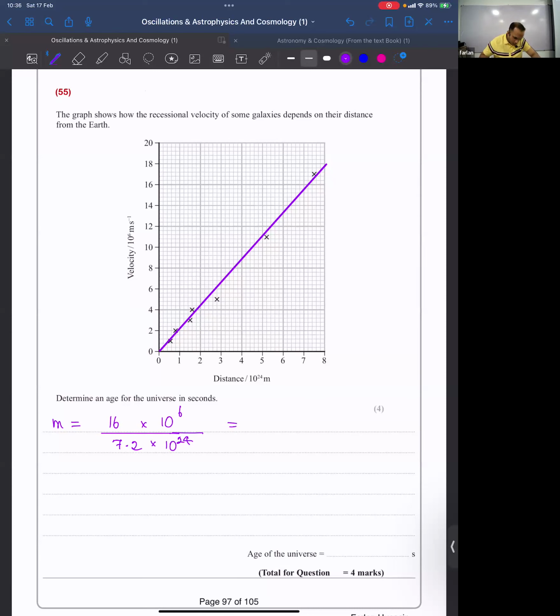So I'm getting 2.222 × 10 to the power minus 18 per second. This is my Hubble's constant. So age of the universe is t equals 1 over H naught. I'm getting